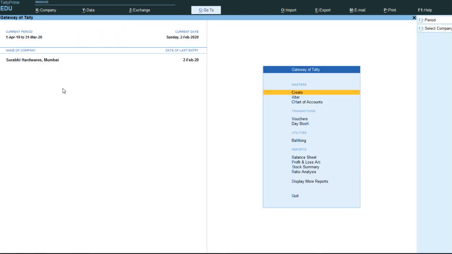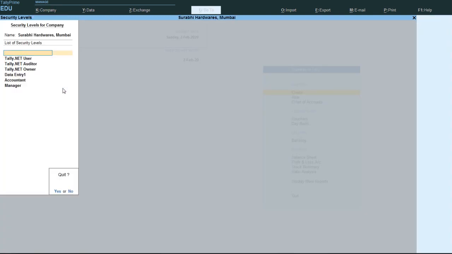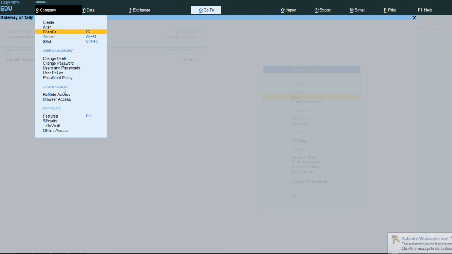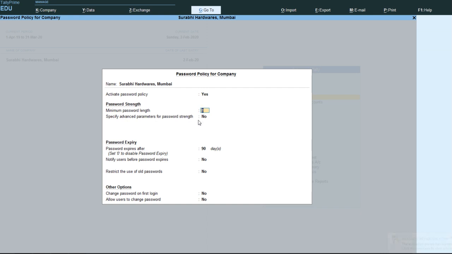Next, Alt K, password policy. Password policy is nothing but, if you enable the password policy, Tally will give some specification like our password strength should be minimum 4 characters, minimum 6 characters, or minimum 8 characters. By default this will be there. We can override it. We can give 4, 6.